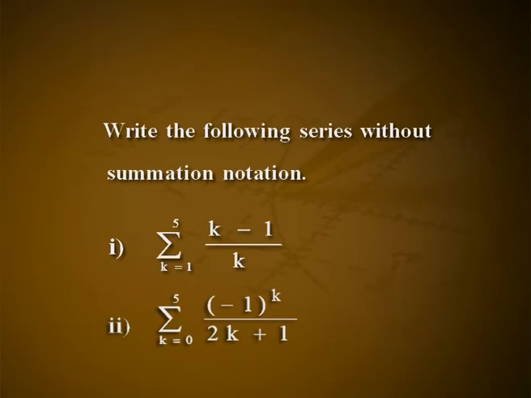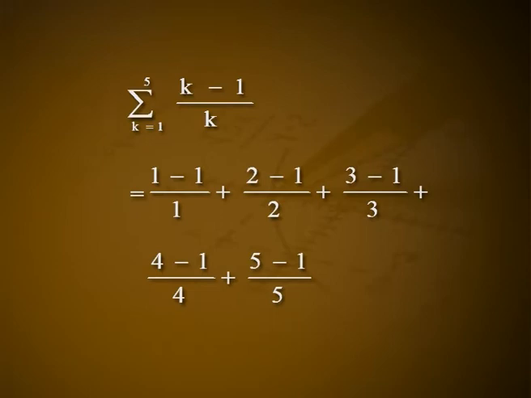Problems. 1. Write the following series without summation notation. 1. Sigma k equals 1 to 5, k minus 1 by k. 2. Sigma k equals 0 to 5, minus 1 all to the power of k, by 2k plus 1. Solution. 1. Sigma k equals 1 to 5, k minus 1 by k is equal to 1 minus 1 by 1